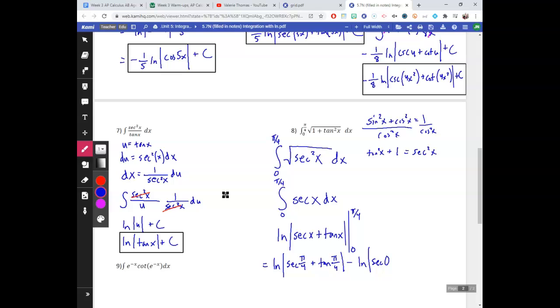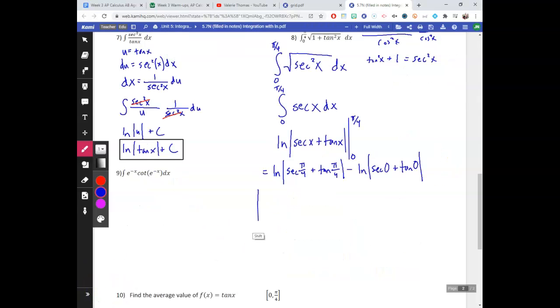What is secant of 0? And what's tangent of 0? So let me pause that. A refresher, I would draw, for the pi over 4s, 1, 1, root 2. So secant pi over 4 is going to be the reciprocal of cosine, hypotenuse over adjacent, so root 2 over 1, which is just root 2, so natural log of root 2. Tangent is opposite over adjacent, 1